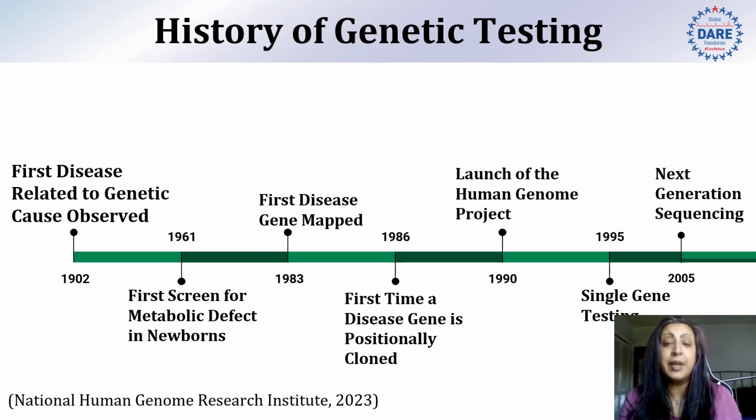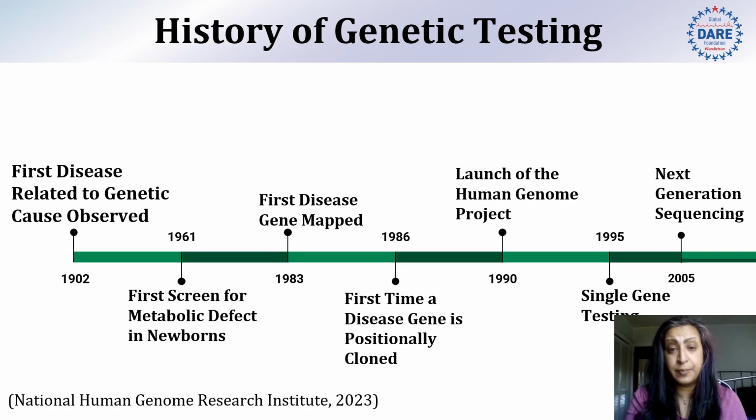But for our timeline with genetic testing, we're going to start in the early 1900s, when it was first observed that a condition called alkaptonuria, which is a metabolic disorder of amino acid metabolism, followed a specific inheritance pattern in families, making it one of the earliest diseases linked to a genetic cause. 1961 saw the development of the first newborn screening test for phenylketonuria, or PKU, marking a major step toward early